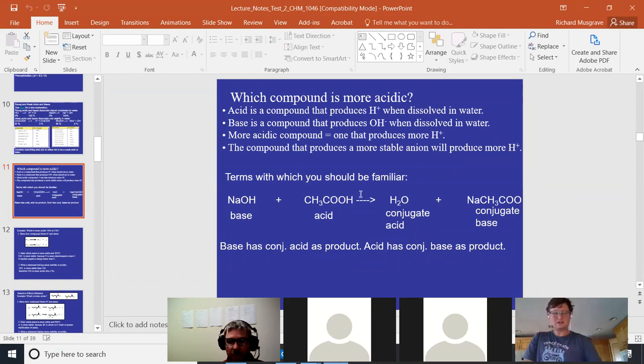A couple of things that you should be familiar with. We talked about this last time, and that is how to determine a base and an acid, the base having the OH minus and the acid having the H plus. When the base reacts with the acid, the base becomes a conjugate acid, and the acid has a conjugate base. So what I'm talking about is that a base, which is OH minus, to get the conjugate acid, let's see,